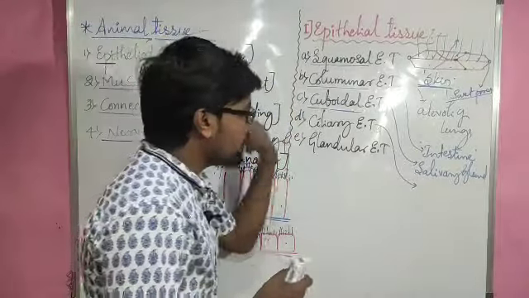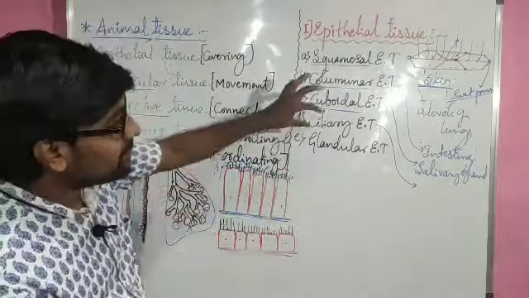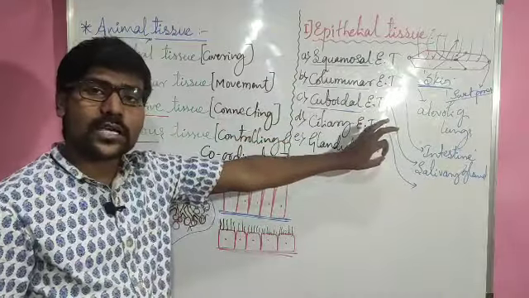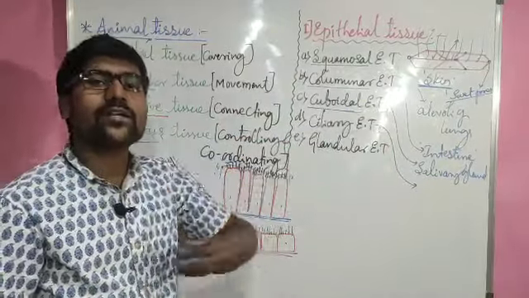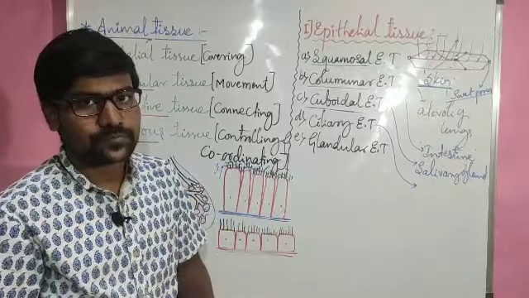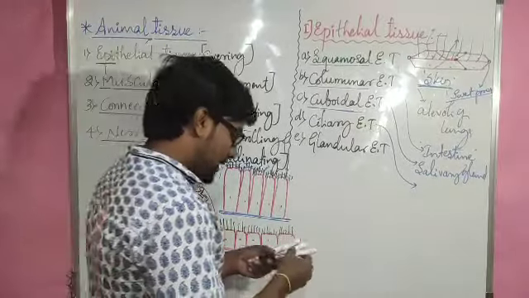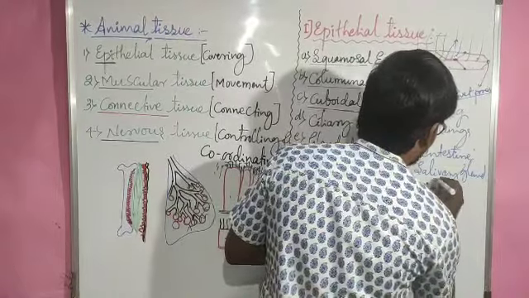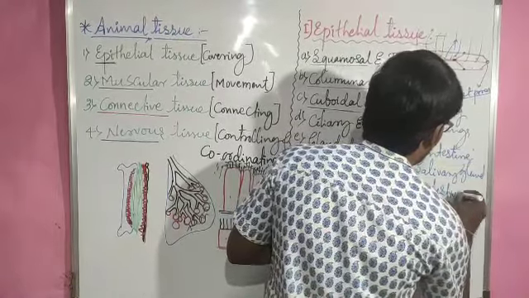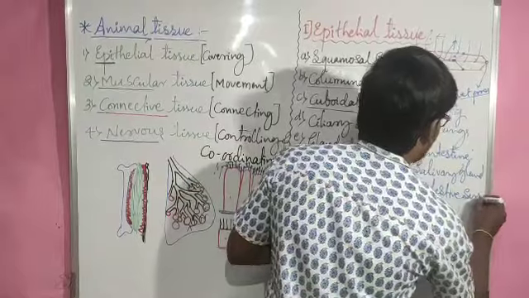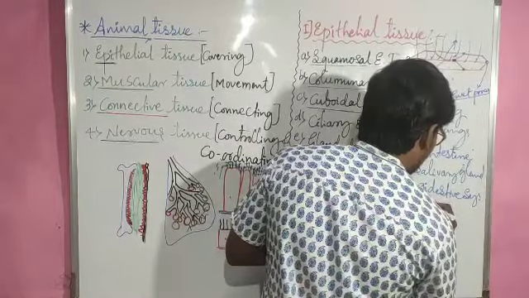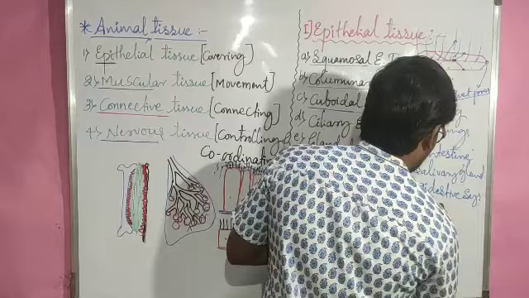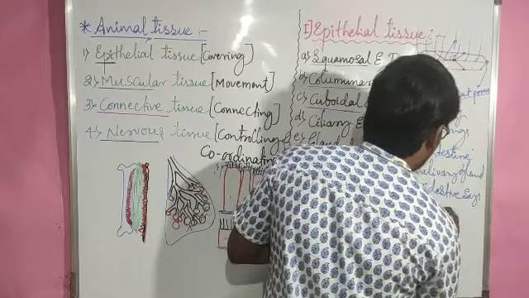So such a ciliated epithelial tissue is a very important tissue in the case of the digestive system or the respiratory system, right? So we can see this kind of tissue in the digestive tract, digestive system or respiratory system.